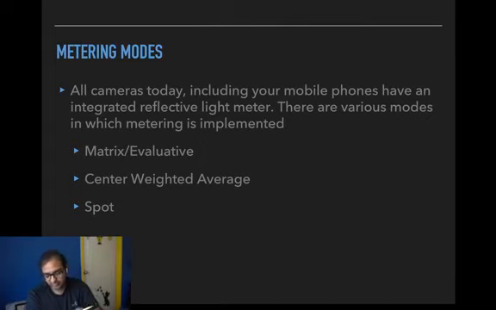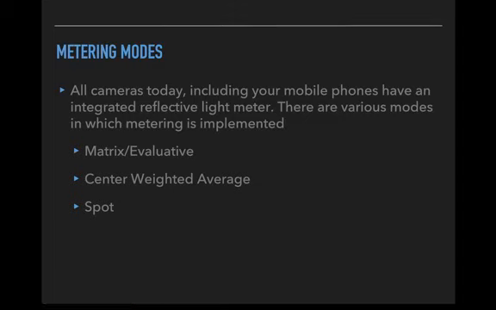Okay, so let's move on to the last thing, which is metering modes. We know about how fundamentally a camera's meter works. We know that all comparisons that a camera meter makes are versus 18% gray, right? But that's just the most basic way in which it works. All your cameras have different kinds of algorithms which are used on top of the concept of 18% gray, right?